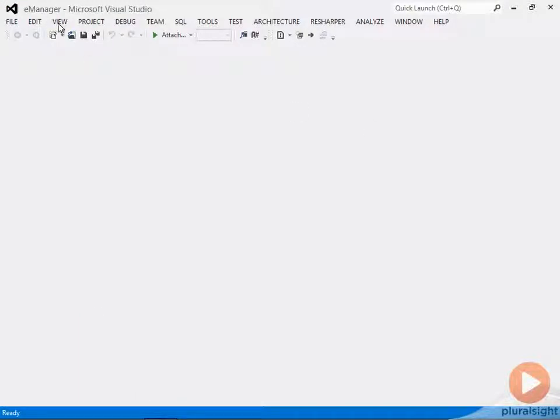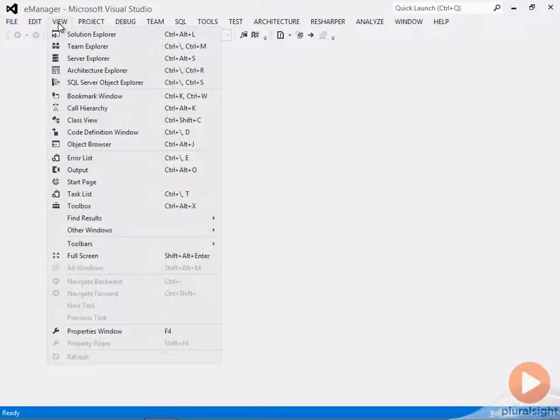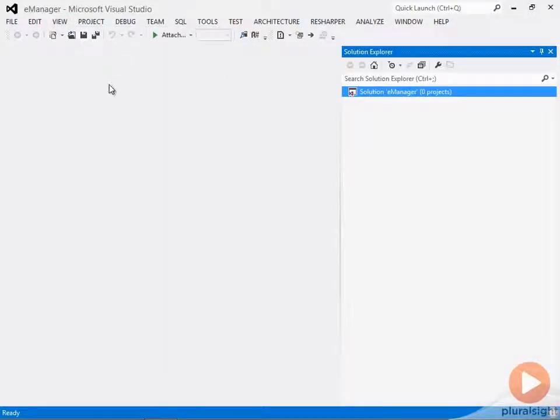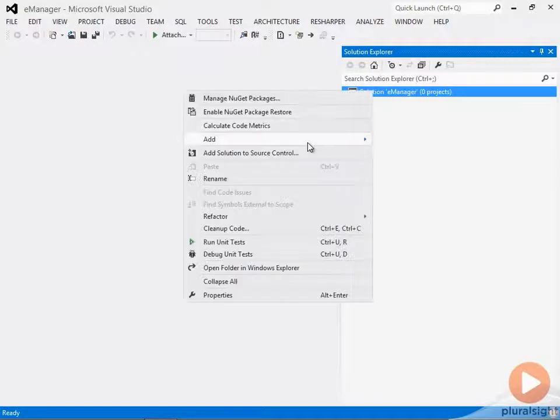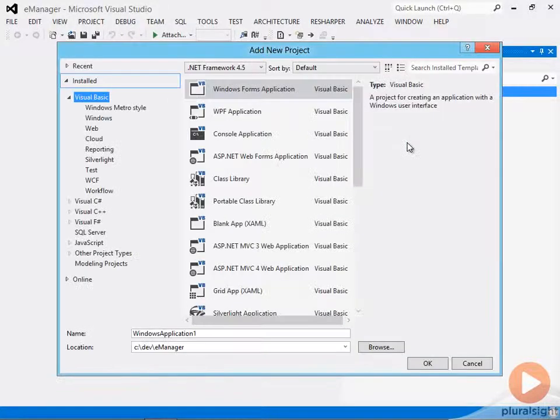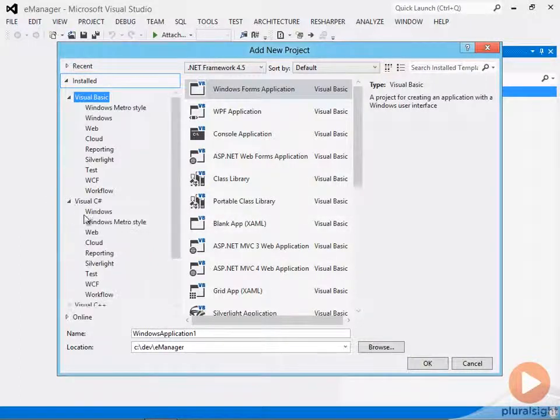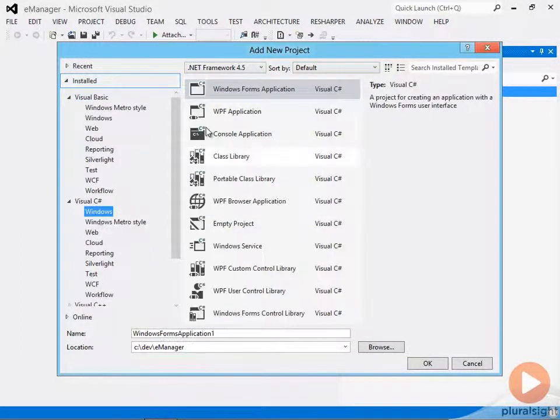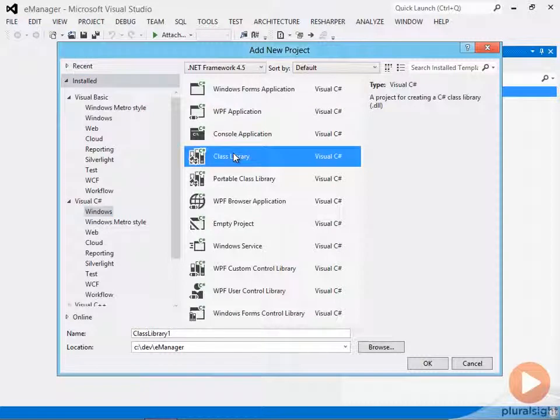Now if I open the Solution Explorer window, I have a solution, there's no projects inside yet. Instead of starting with an ASP.NET MVC project, let's get started with a project that represents the entities and the business objects that I care about. So I will put those inside of a Windows class library, which produces a DLL which you can reference from other projects. And I'll call this